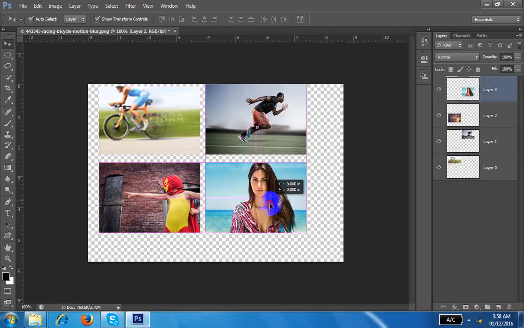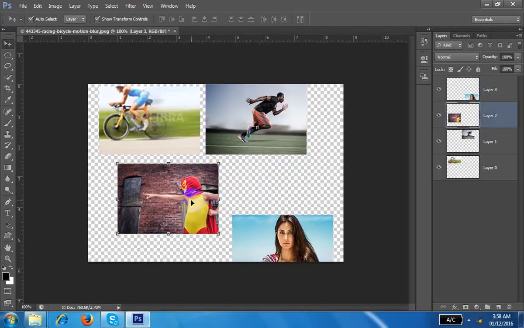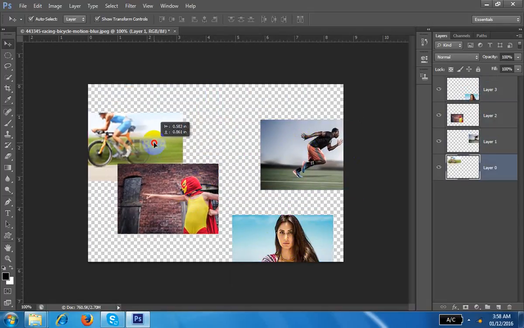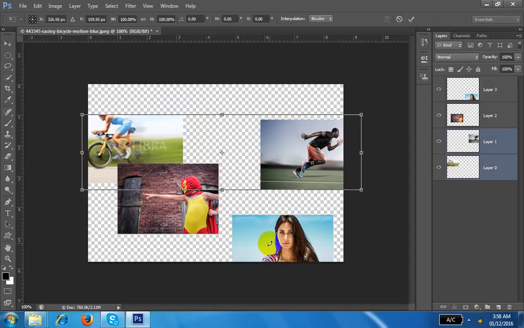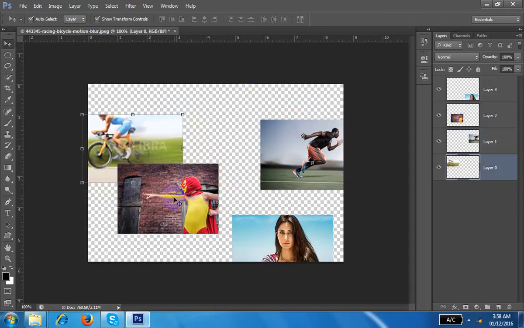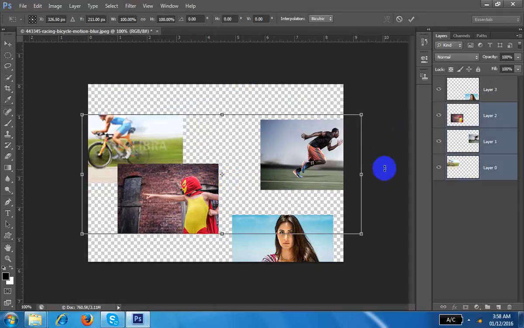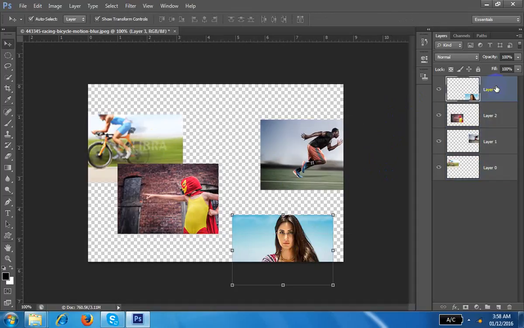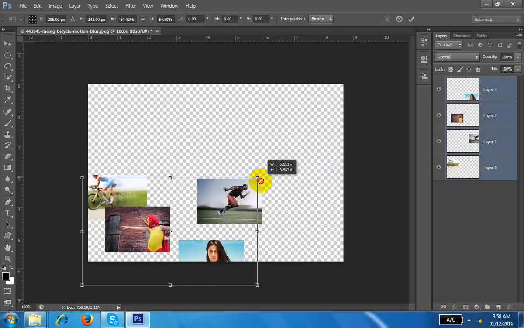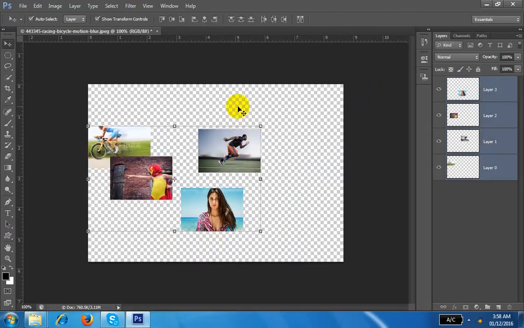Understand? Okay. First and second one, I will tell you what alignment actually is. These 4 images are there. I can select all the 4 images and I want to reduce the size. 1, 2, 3, 4. Okay. I can select from here very easily. Hold down the Shift. If you want to select this way, it is better. Suppose this one, hold down the Shift, this one, it's not good. If it is 2 images, then it's good. If all images are selected, you can reduce the size, and the size will be reduced very properly.